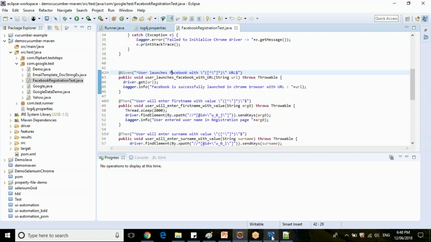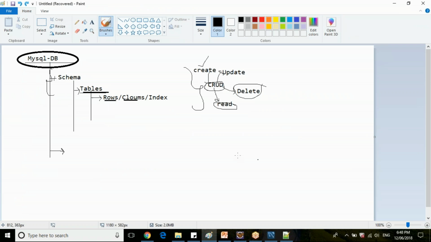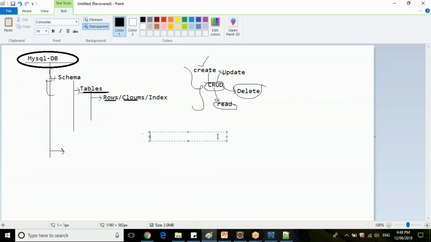Let me write in Paint here. To establish a JDBC connection, these are the steps that we need to follow. Once the connection is established, then we have some internal classes.